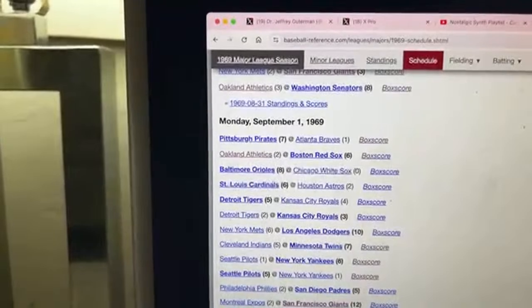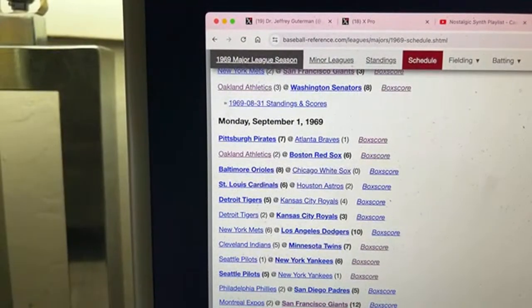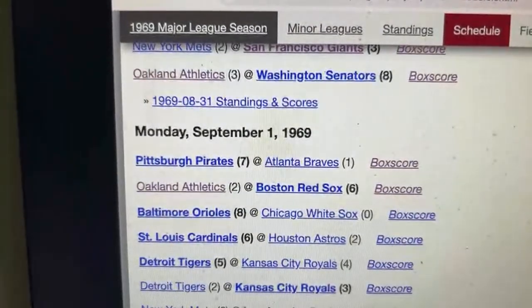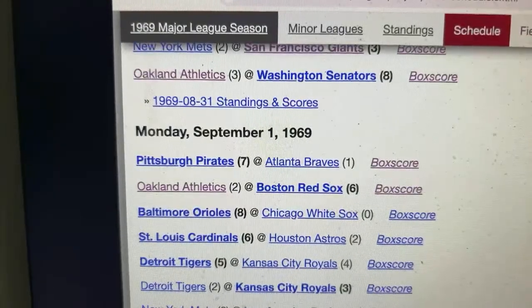Here are the games. I guess tomorrow I could start with these games, and these are all new series. Pittsburgh and Atlanta. The others don't really mean much.